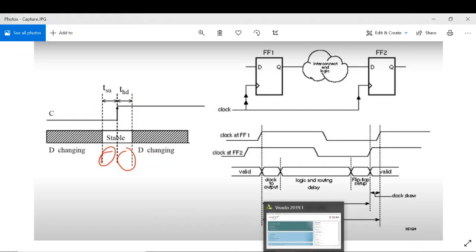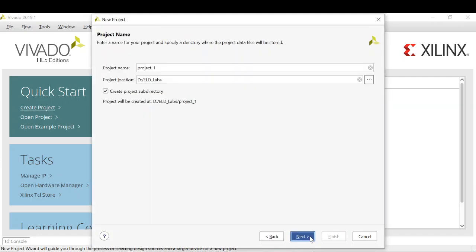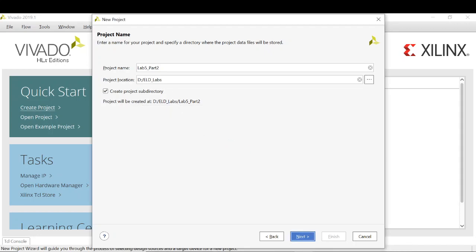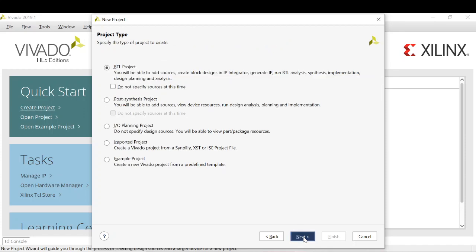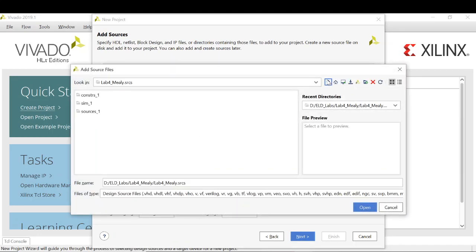So let's see how we can do that. So let's add the full adder file which we designed in lab 2.